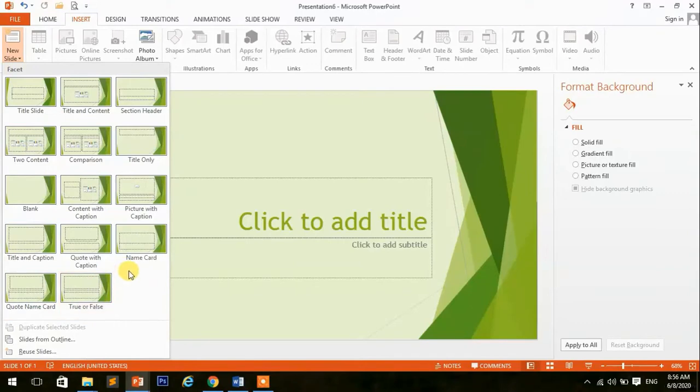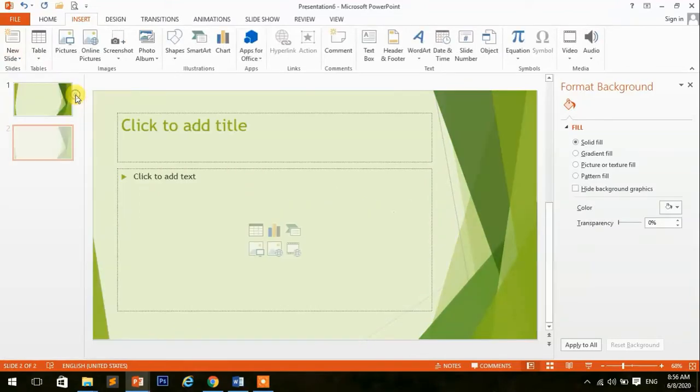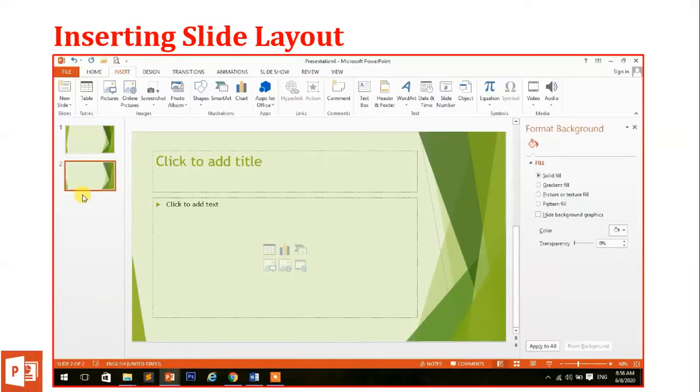It is also available on the insert tab, then the new slide option drop down, then many slide layouts will appear, like the title slide, title and content, section header, two content, comparison, blank, content with caption, picture with caption, title and vertical text, and so on. From here you can select to insert it. Now by clicking on this you can do it.